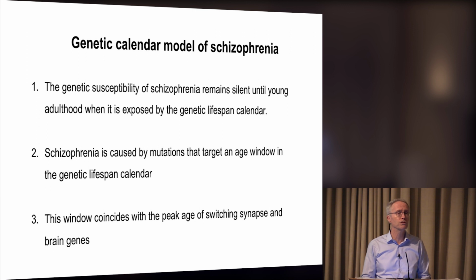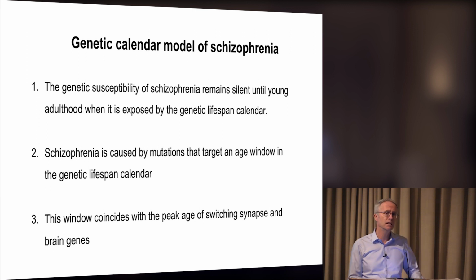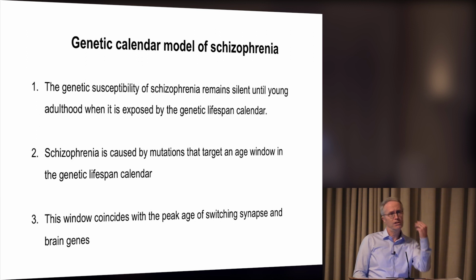Quite different hypothesis to the standard one, which is that there is some sort of insult that occurs during fetal life, and then a second insult that happens in your young adult period. You smoke too much pot, you have the wrong parents or something. But in fact, we're putting here, as you can see from this molecular data, a very strong genetic element to it, not only in the origins of the mutations, which give the susceptibility, but in the genetic program that controls when those genes are expressed